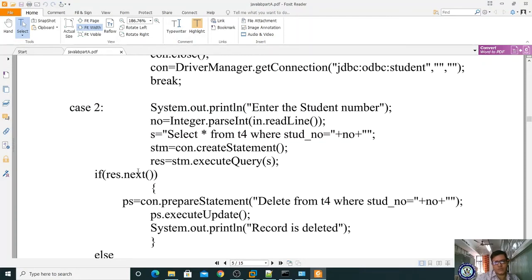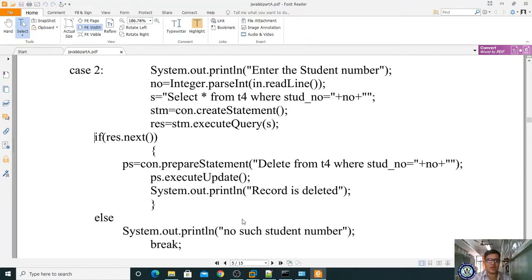If you want to delete the record that is present in the first record, it will identify it. If it is not, control will move to the next line and check whether the student number is present in the second record. If the second record does not have it either, it will move to the third record, the fourth record, and if it does not exist, then automatically it comes here, no such student number is found. Okay, it will print, then break.